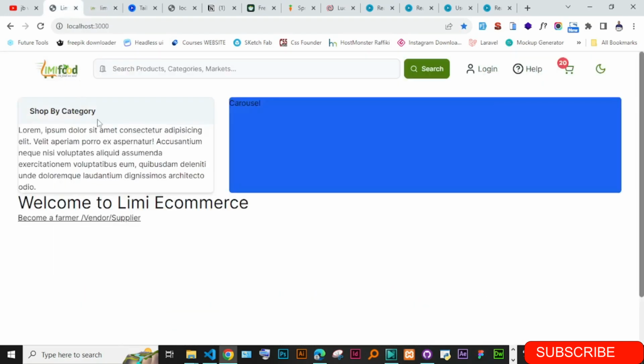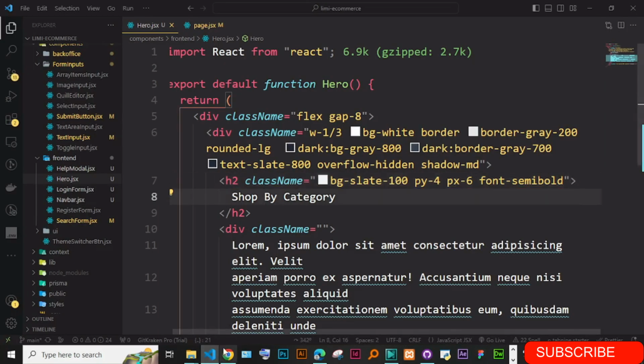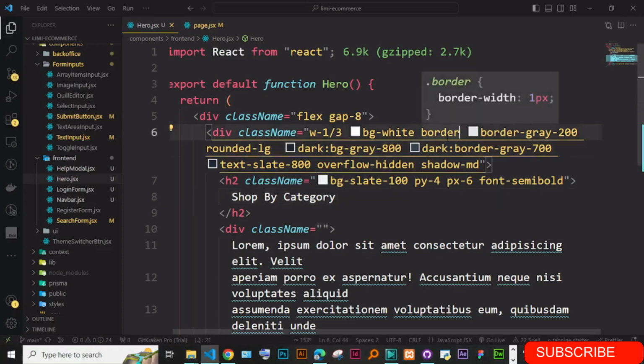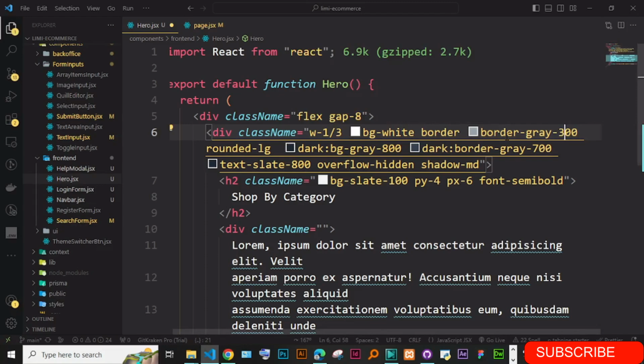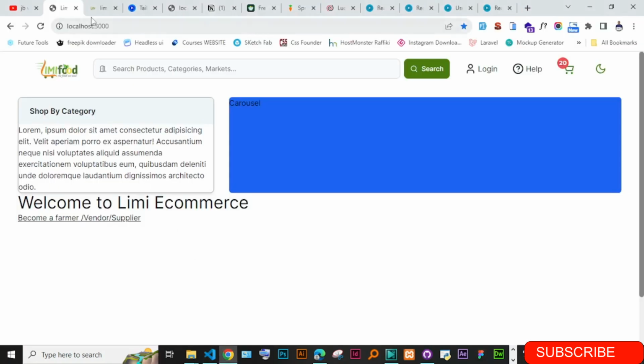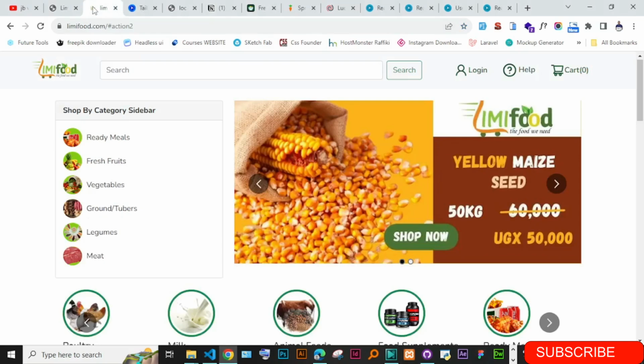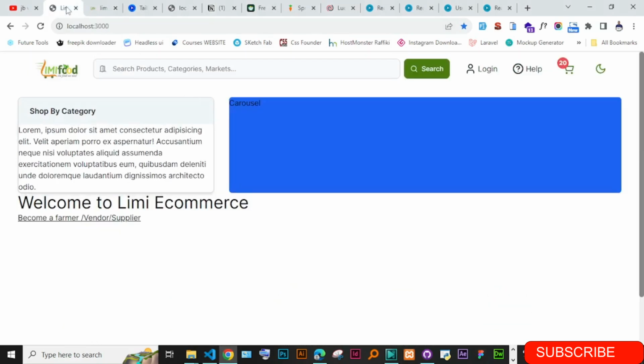And then like it's supposed to have a border. I'm not seeing how this border solid. Just have a border gray. Maybe just make it 400. It's too much. Let's make it 300. Okay,